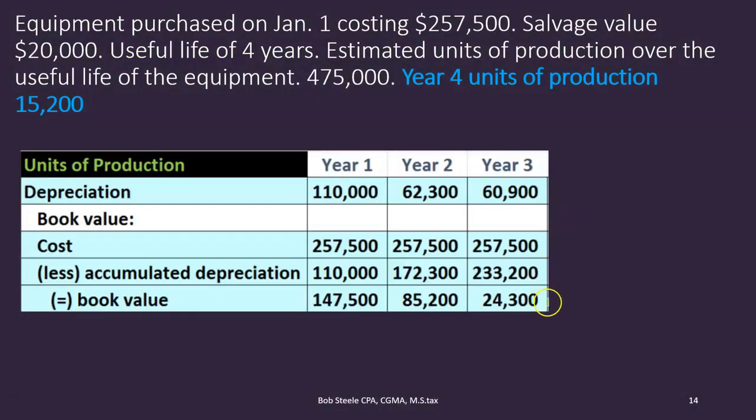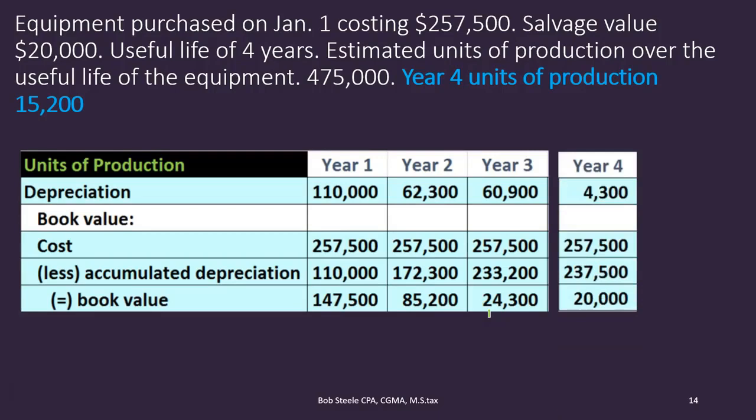Here's where we left off last time. Notice the book value last time was 24.3, and this time we need to depreciate that 4,003. Why? Because that will bring the accumulated depreciation up to 237.5. How do we calculate accumulated depreciation? It's prior year's accumulated depreciation of this 233.2 plus the current year's depreciation expense, 4,003, will give us this